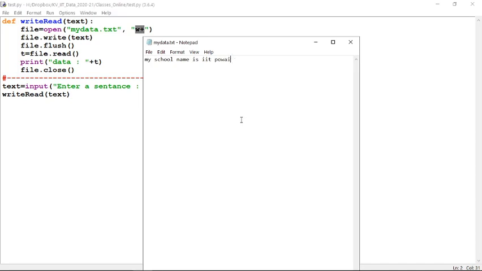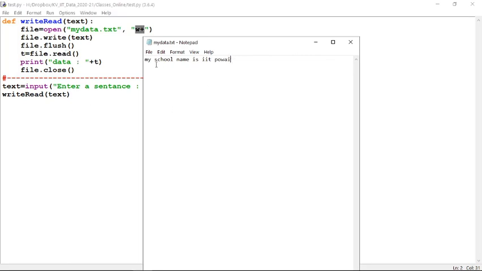Just think, whenever you are writing with your pen, after writing the statement, your pen is at the end of the statement. That is the program counter. Your pen is behaving as a program counter. Reading always starts from the current position forward. So reading starts from here for the next word or bytes, but there is nothing after the program counter. That's why there is no output, because there is nothing for the file.read statement to read.